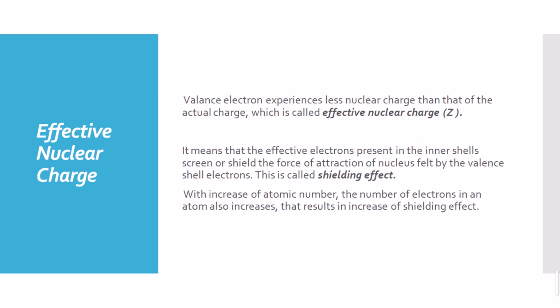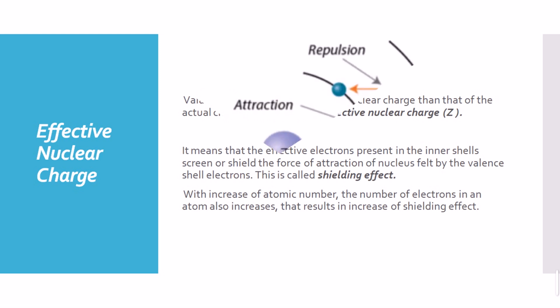With the increase in the atomic number, the number of electrons present also increases. As a result, the screening effect will increase. As the number of intervening electrons in the atom increases, the shielding effect will increase, and the capacity of the effective nuclear charge will be reduced as a result of the increment of the screening electrons, that are the intervening electrons of the atom.